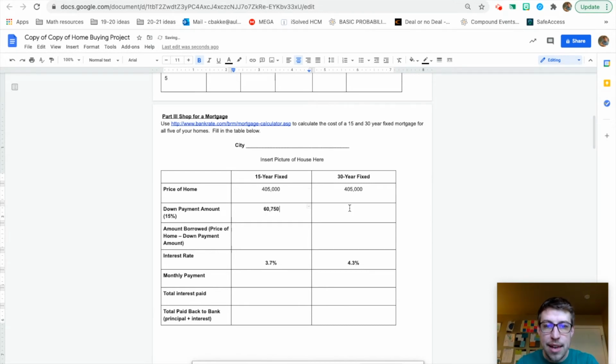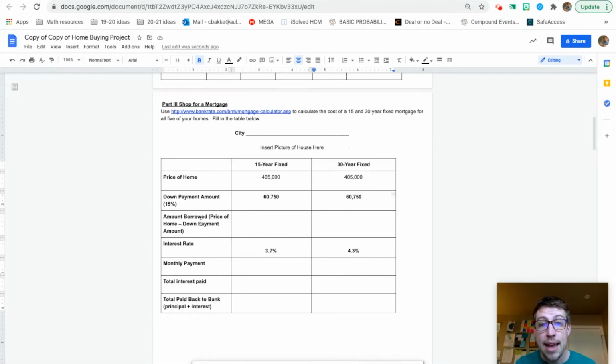$60,750. And that number is going to be the same for both the 15-year and the 30-year loan example. So far, the price of the home has been the same. Your down payment has been the same. And the amount that you need to borrow from the bank will also be the same. Just as a reminder, the down payment,